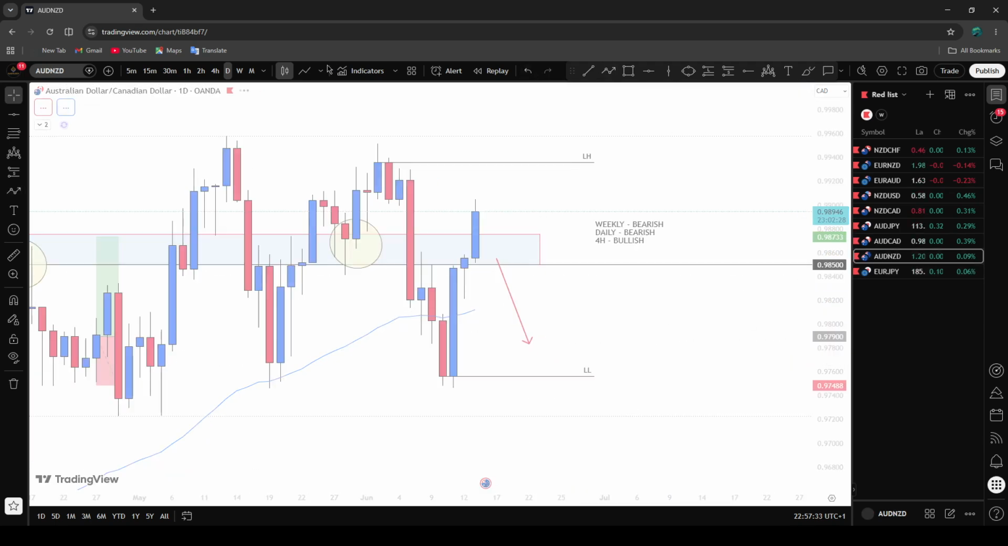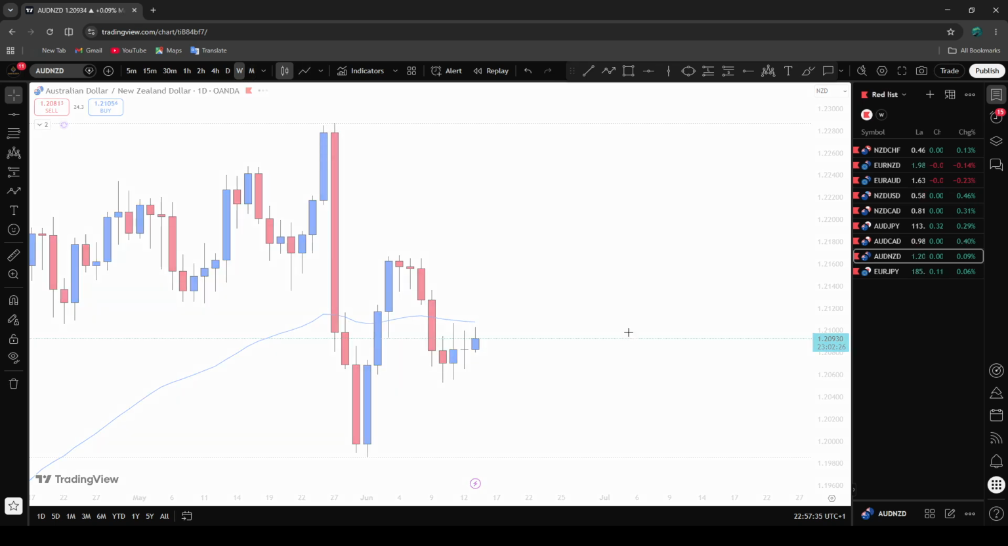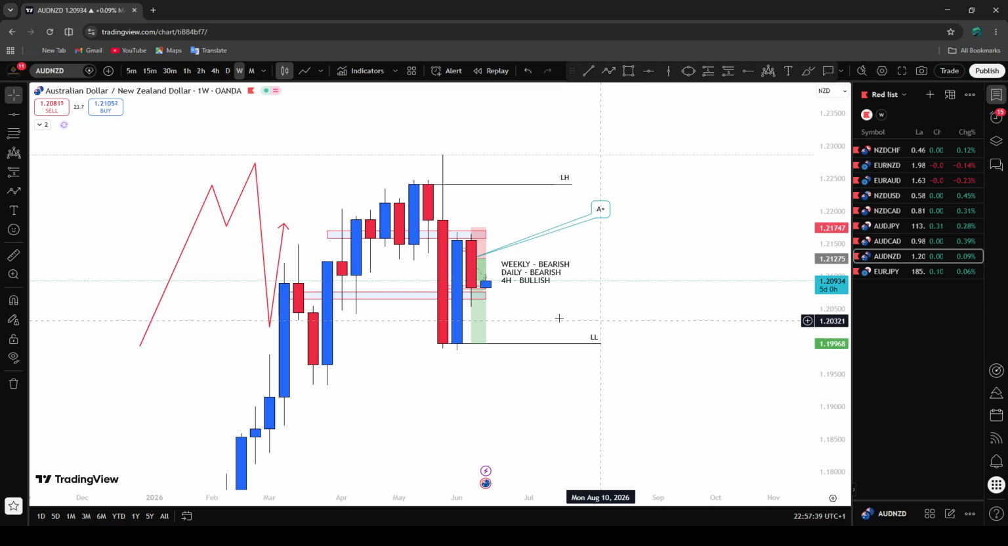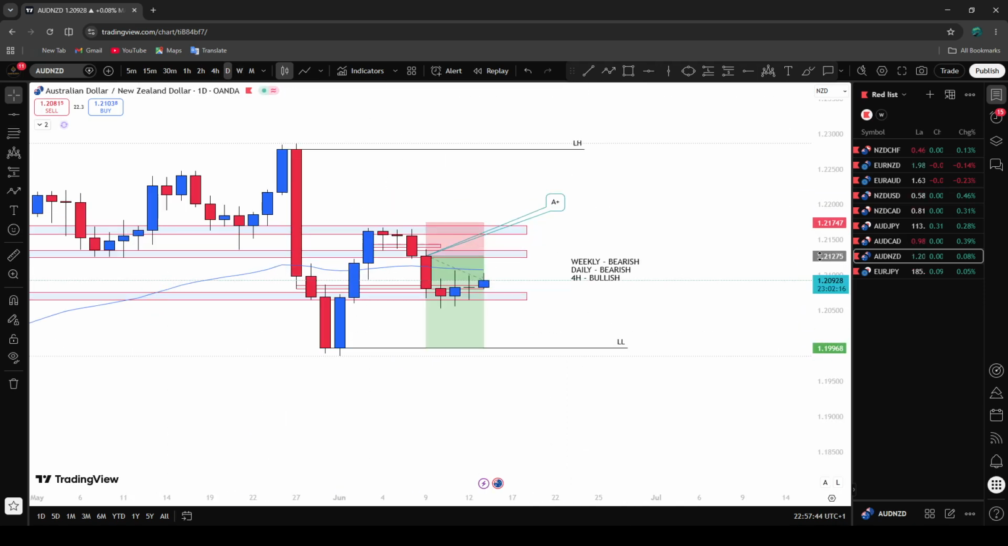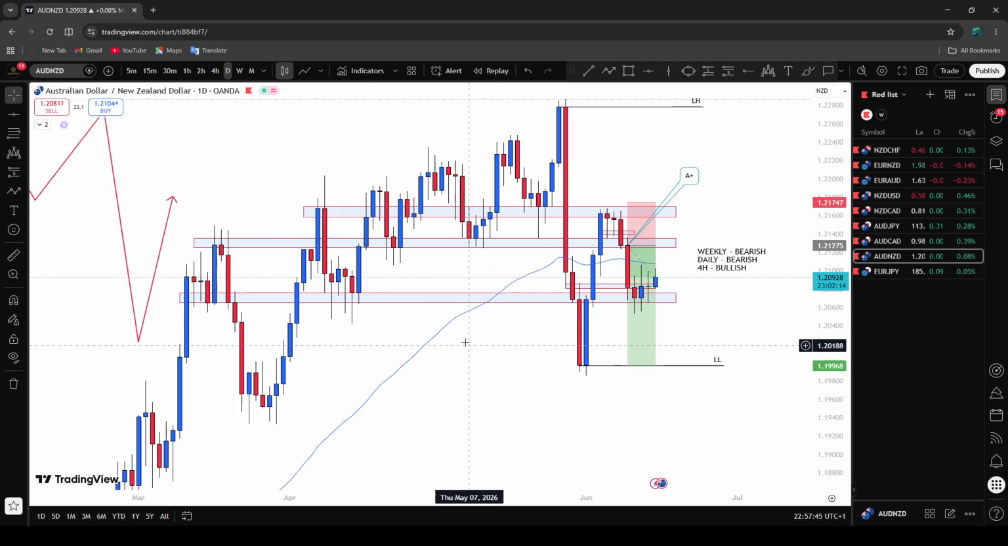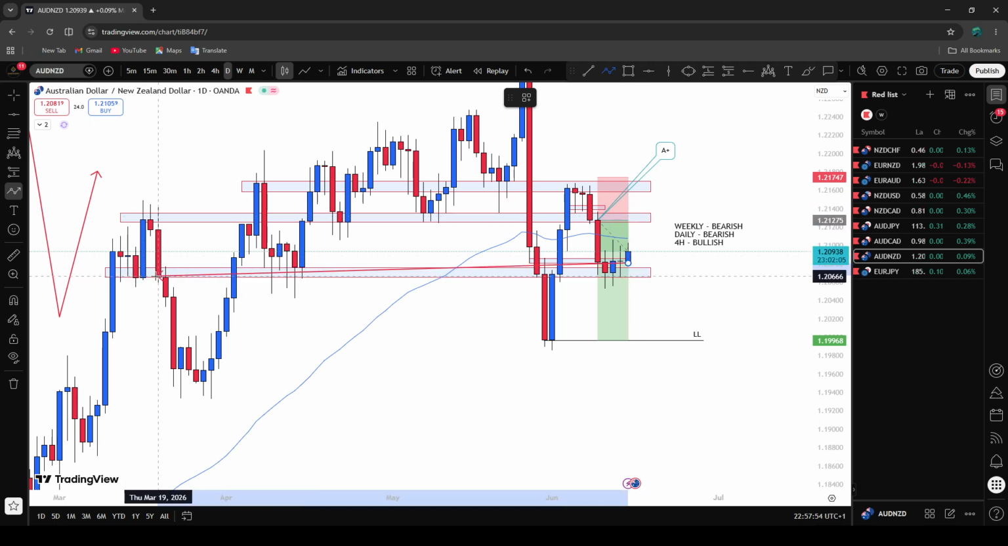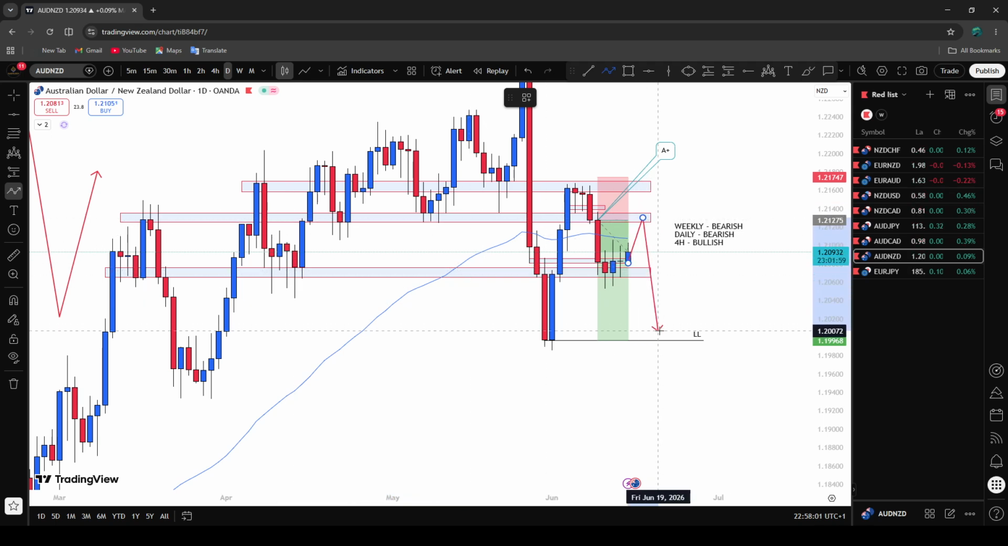So AUD NZD is part of last week's trade also. So I'm not looking to take this trade. I just want to see what the market will do. Like I said in my previous video, price can go to this place because this is a strong area of interest. Yes, so price can reject here, come down here before it comes down here,